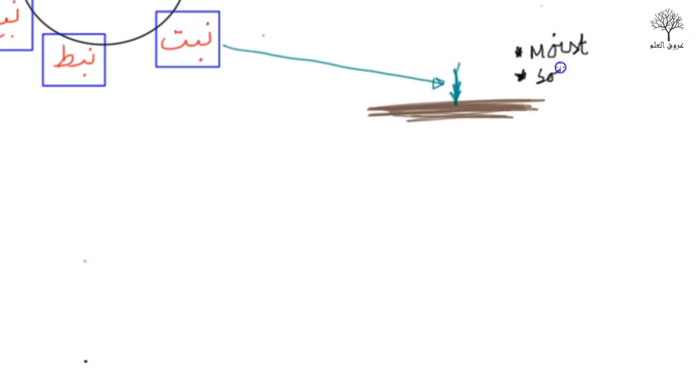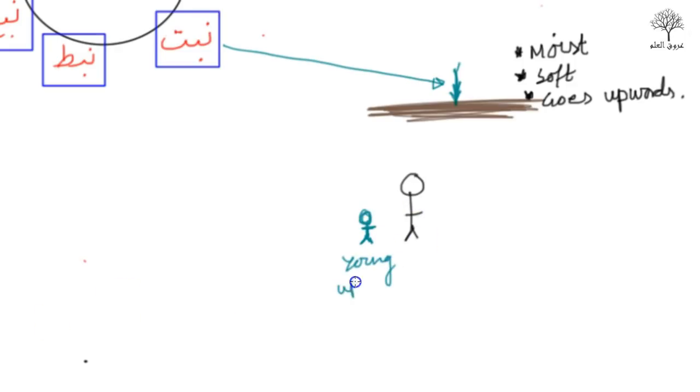It has to be moist, soft, right? It has to be something which goes upwards. All these words, naba has the meaning of going upwards, to the surface, high. Another example in the Arabic language is a child, and there's an adult bringing this child up, raising it, rearing it, nurturing it. The young is soft, meek, and timid, and is being carefully, tenderly taken care of. So this is the upbringing, the nabata.